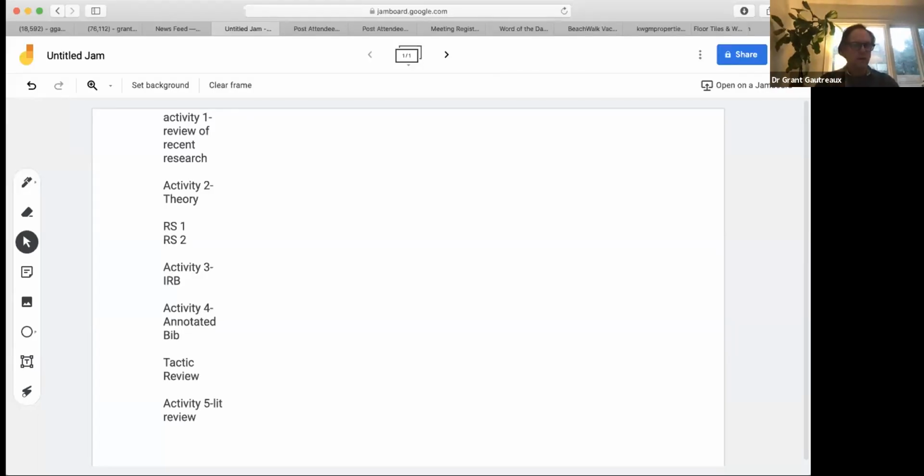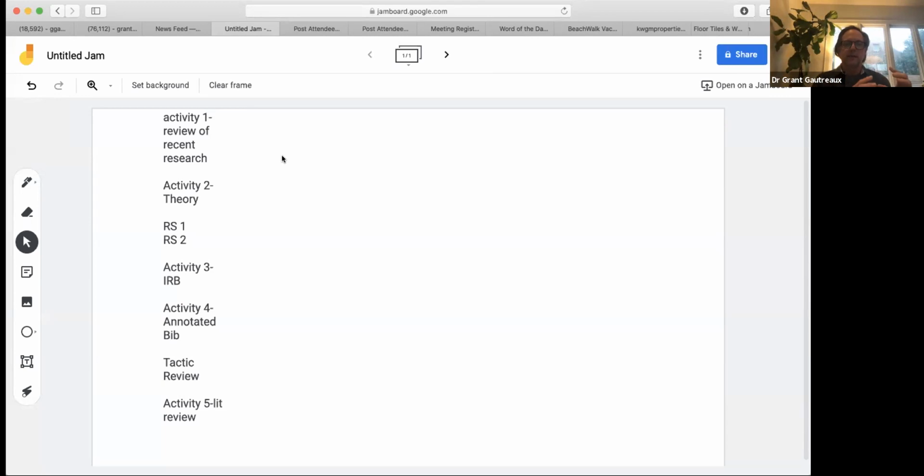So I do want to share a little bit of my screen. Well, I'd like to share the whole part of my screen. So let's see if I can move to my Jamboard right here. Hopefully you can see that. What I've done is I've kind of taken